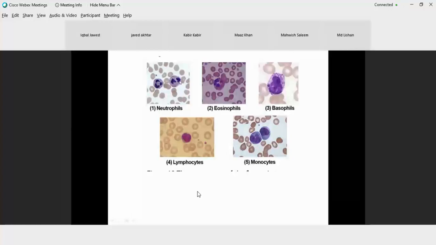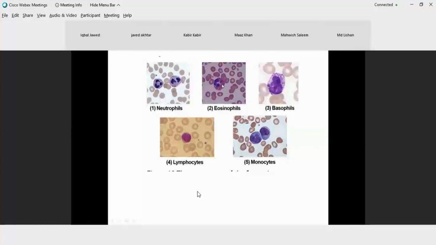They can vary from 2 to 6 lobes, while eosinophils and basophils are usually bilobed. Then you have to see the granules present in the cytoplasm. I told you already that neutrophils have very fine sand-like particles or granules, whereas eosinophils and basophils have very large, big, or coarse granules. Then you have to see the color of the granules for further differentiation or identification of the cells. If they are coarse, then you have to see the color.